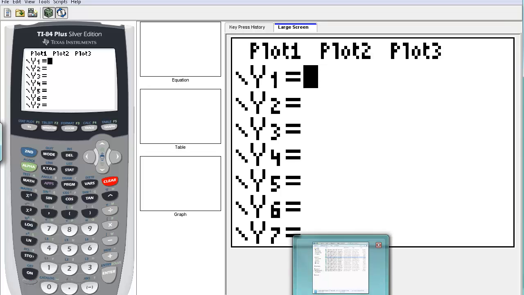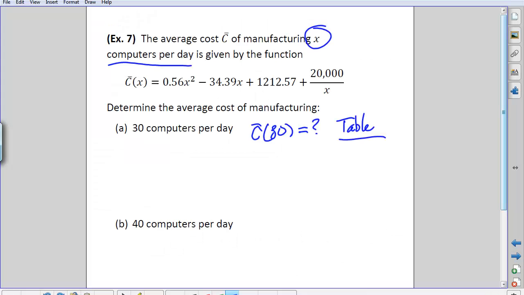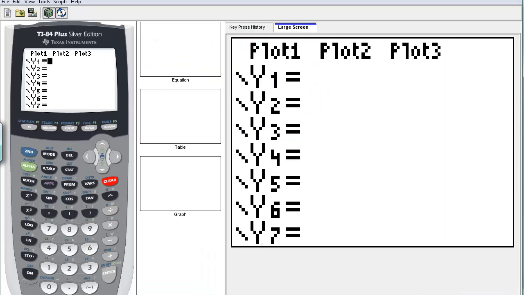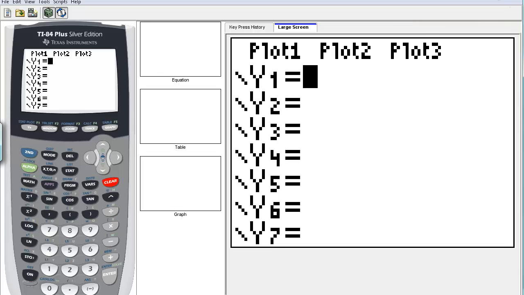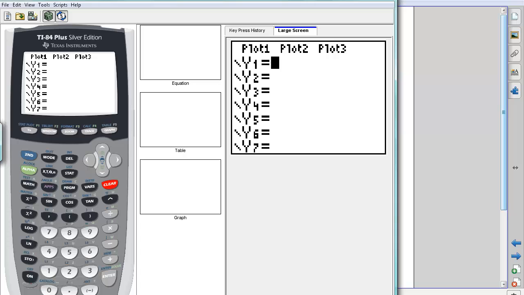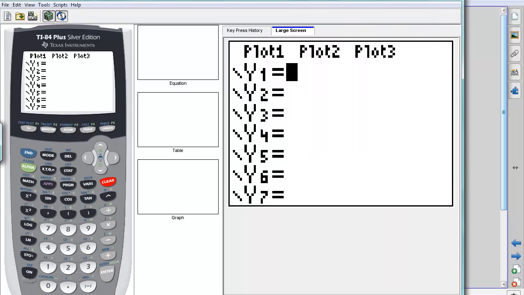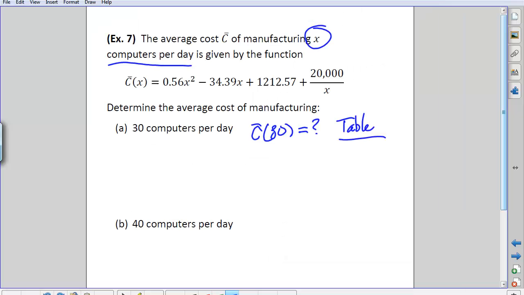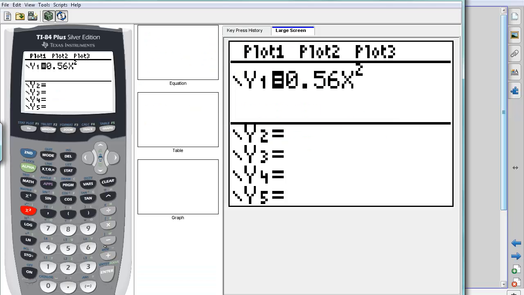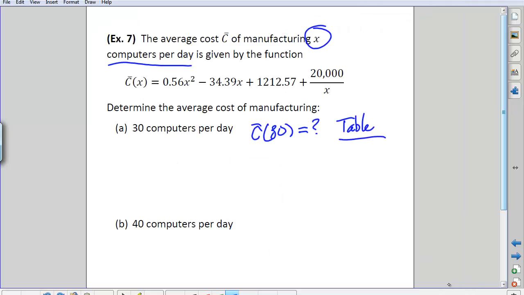And so typing in that function's 0.56x squared minus 34.39x plus 1212.57